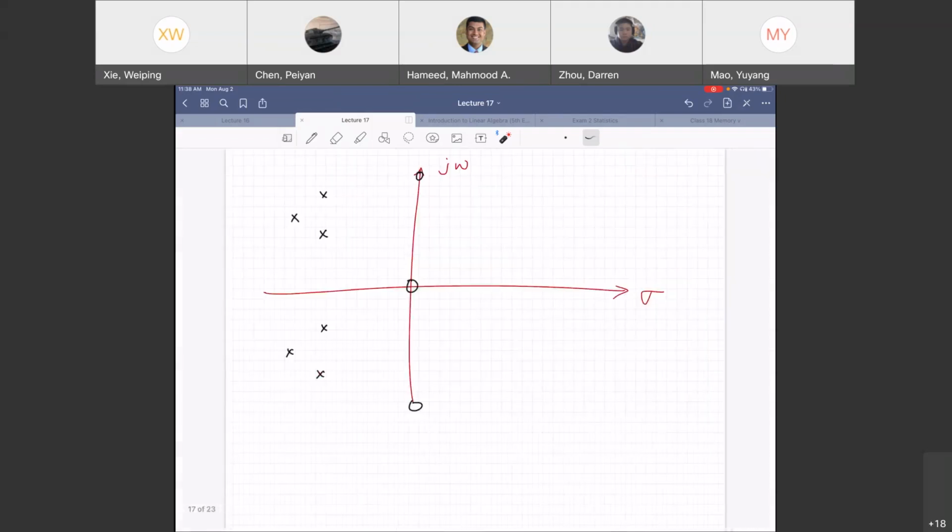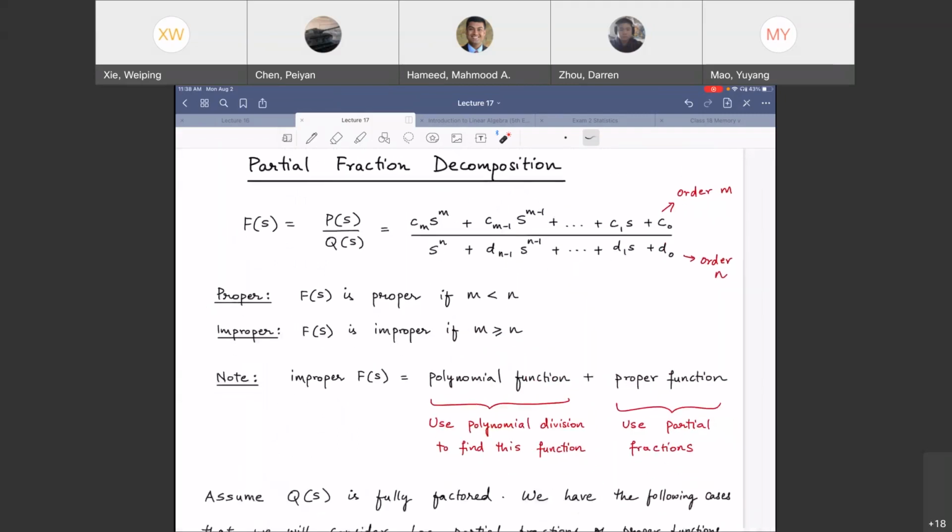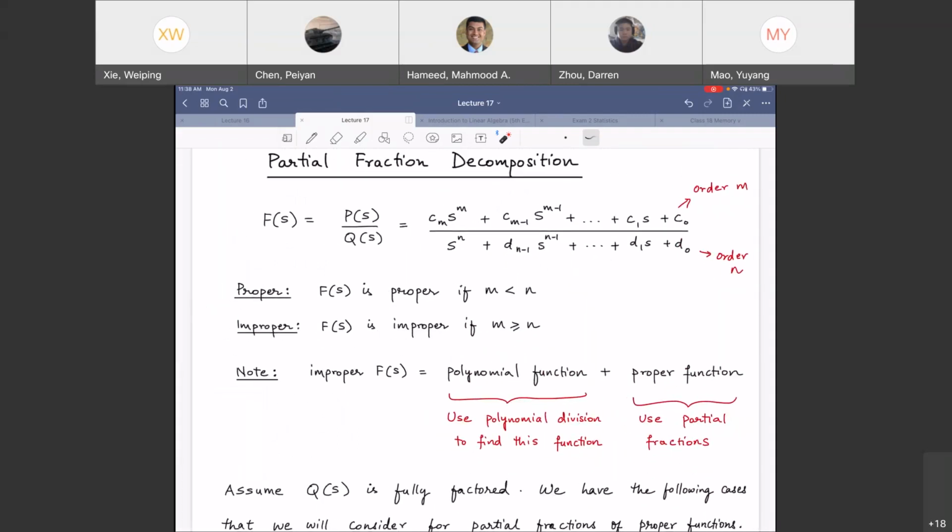So partial fractions, I'm going to deal with them over here. Let's learn about that. This is for general cases. We'll talk about 3 or 4 cases. F of S is defined as P of S divided by Q of S, polynomials in the numerator and denominator respectively. I have a polynomial in S of order M, where M is the highest power of S in the numerator, and in the denominator, I have an order N polynomial in S. Now it's called a proper fraction if M is less than N, right? The numerator polynomial has to be lower order for it to be called a proper one. And if it's improper, then M is equal to or greater than N.